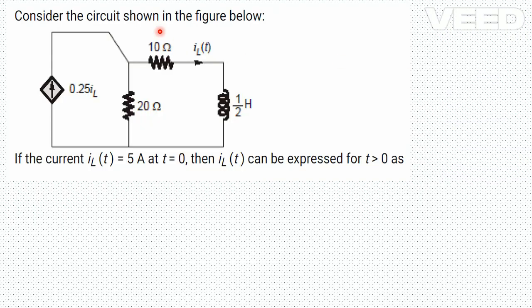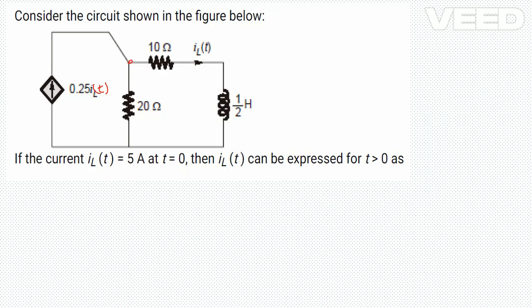And the question is, we are given a circuit here and we are asked to find IL of t for t more than 0. We are given the current IL of t as 5 amps at t equal to 0. So how to proceed for this question? So first of all,